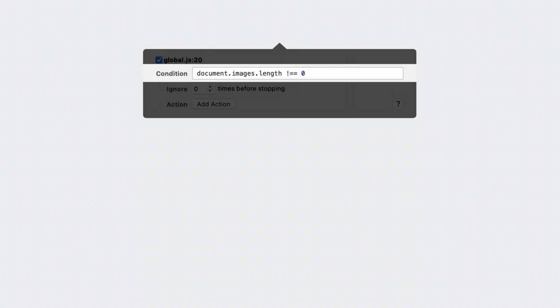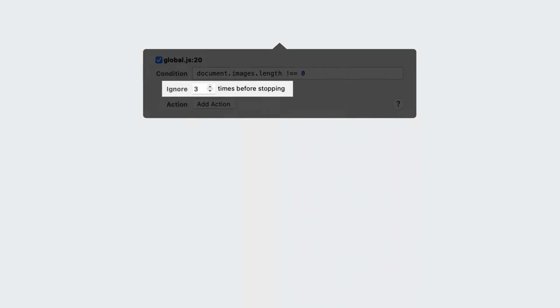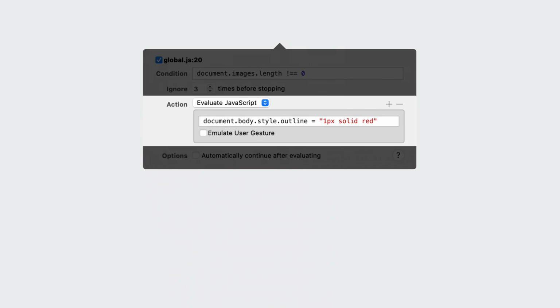You can control when a breakpoint is hit by setting a condition for it. This evaluates as JavaScript in the same scope where your breakpoint is set. When the condition is true, the breakpoint will hit. Sometimes you may find it easier to skip the breakpoint for a number of times. For example, while inside the loop where you're not interested in stopping for the first few iterations. Here, you can set the number of times to ignore the breakpoint.